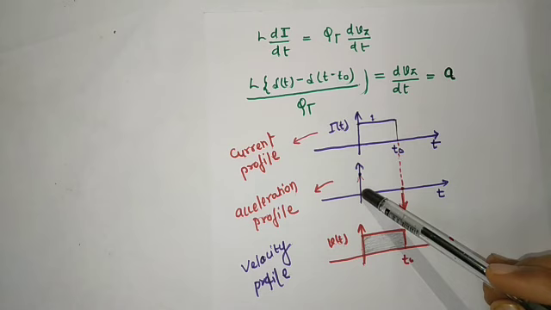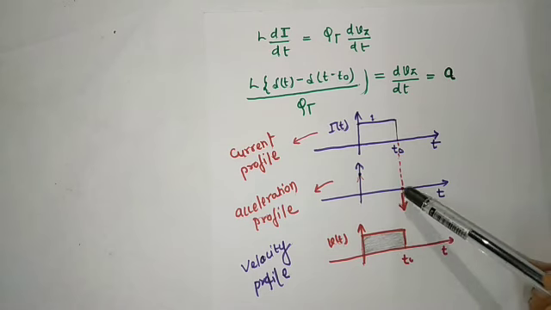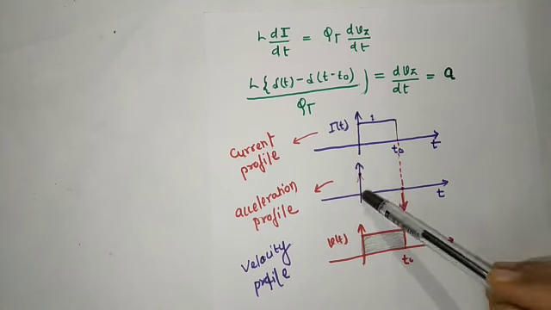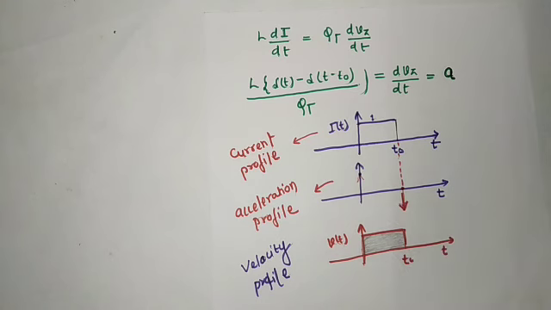You get an acceleration at an instant, which means at a particular instant you get a sharper acceleration. If there is larger acceleration, you will get larger radiation. So whenever we apply a pulse on the conductor, you get larger radiation. Okay, so this is all for this lecture, and hopefully you have got the concept of the equation of radiation and the radiation mechanism, and you can now draw the profile of current, the profile of drift velocity, and the profile of acceleration.